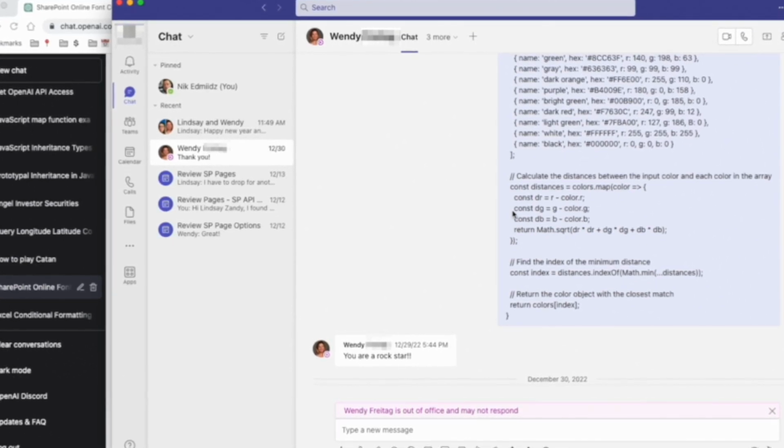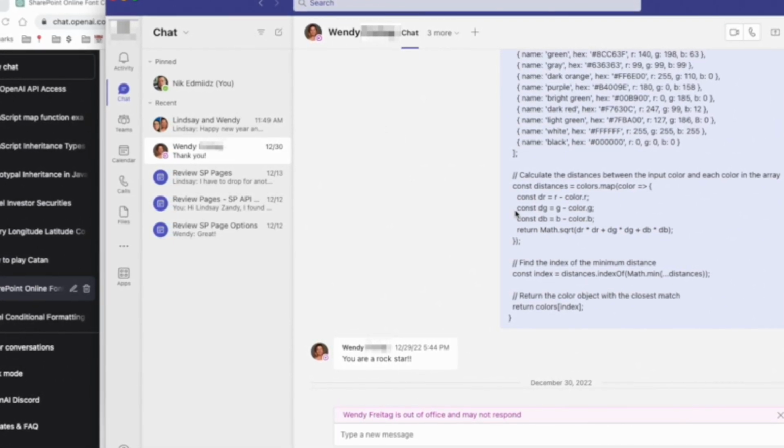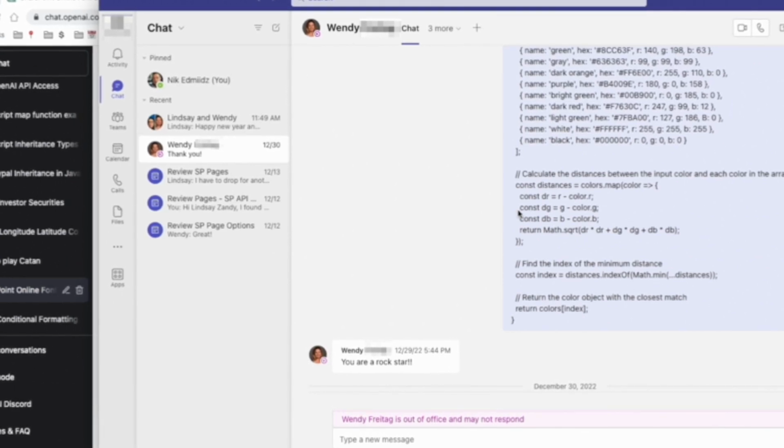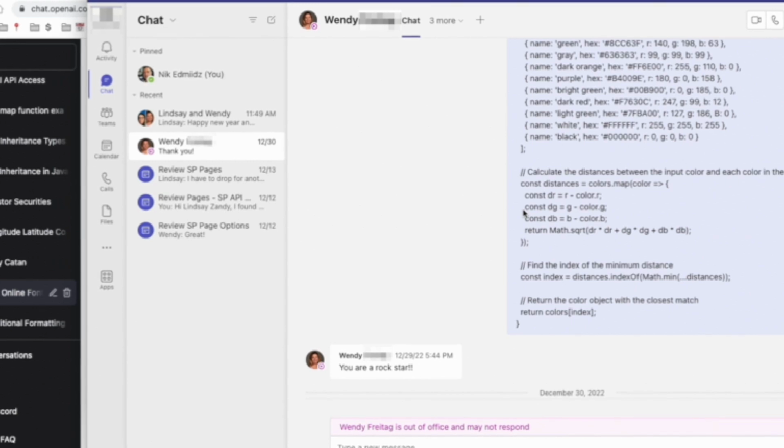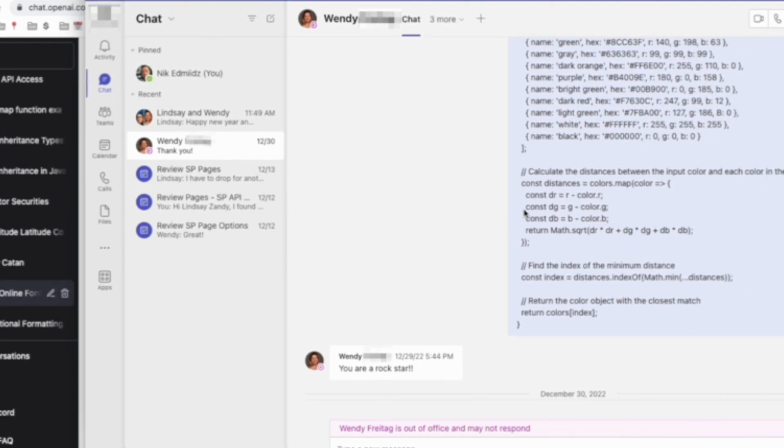And actually, there's one error in here. One of the B's is uppercase for some reason. It shows you how ChatGPT occasionally makes errors in the code. And so when I ran that, it failed. So I replaced